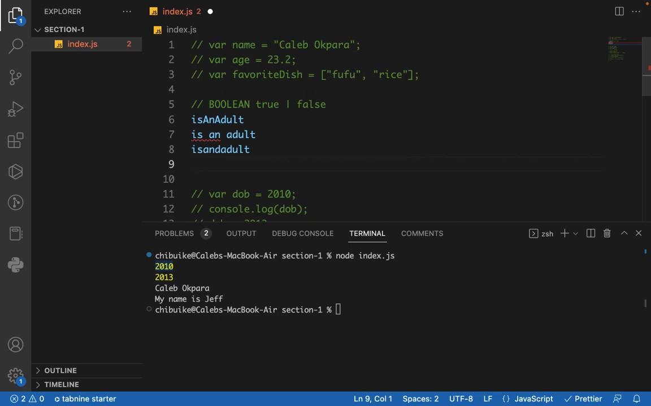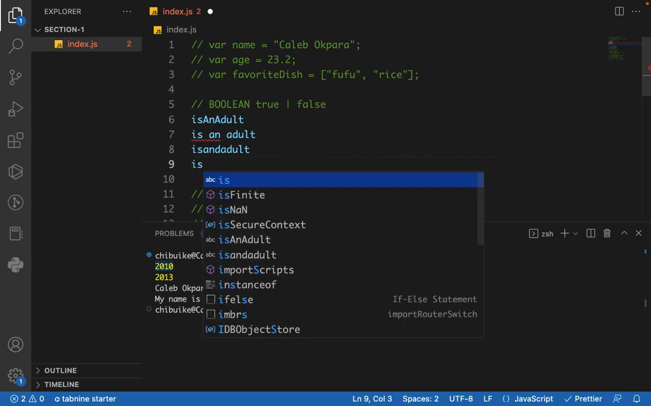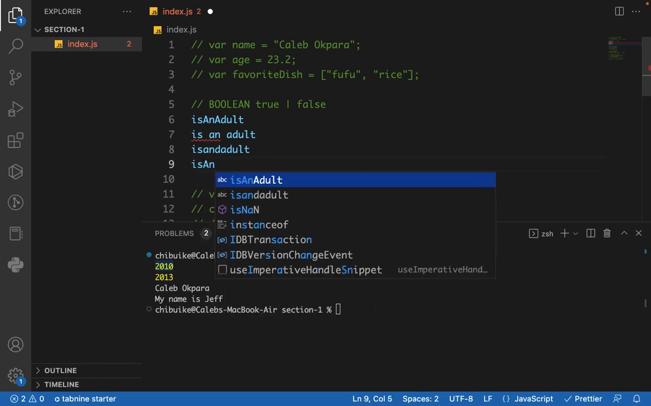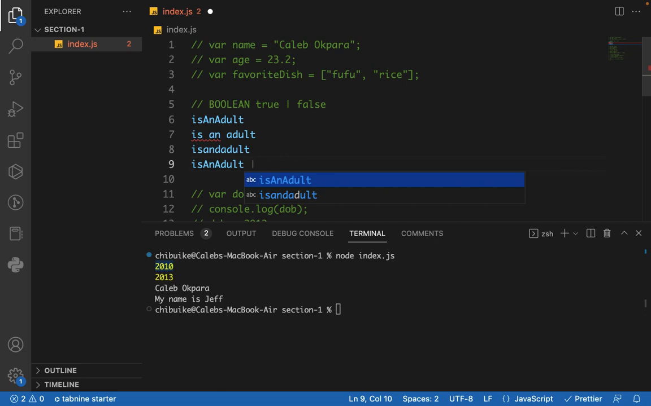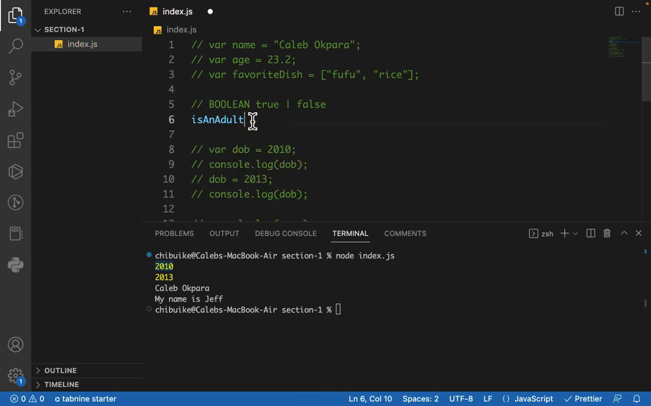So in JavaScript, the convention is to use camel casing. The first word is going to be all lowercase, then the first letter of the next word will be capitalized, and so on, followed like that. So this is the convention for writing variables in JavaScript. Just get this at the back of your mind. So we have isAnAdult, and we can set it to true, or we can set it to false. So if I log to the console isAnAdult